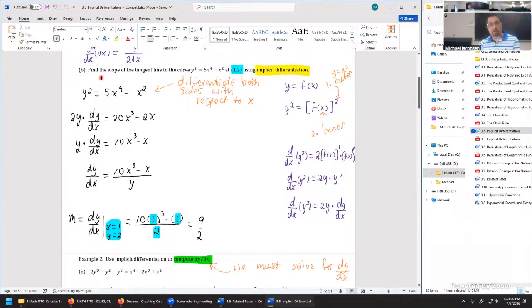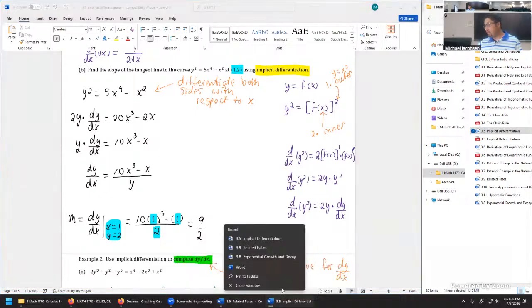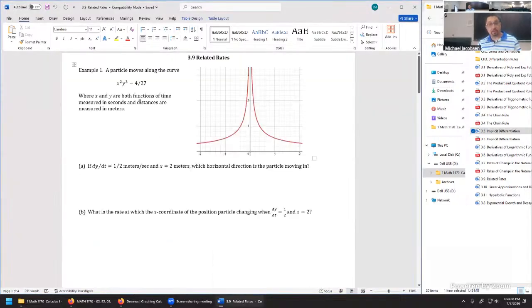Say on this part d, where we did the same problem 2 different ways, when we went to differentiate this curve, we had a y squared here, which meant y was truly a function of x itself. So whenever you go to differentiate y squared, you're using the chain rule in this kind of format. You get 2 times y prime altogether, which just becomes 2y times dy/dx. Same thing we saw right here. But we're expanding on this because here x was just an ordinary variable. It wasn't a function of some other variable. So that's where we're going to expand even further than implicit differentiation, but the themes are very, very similar.